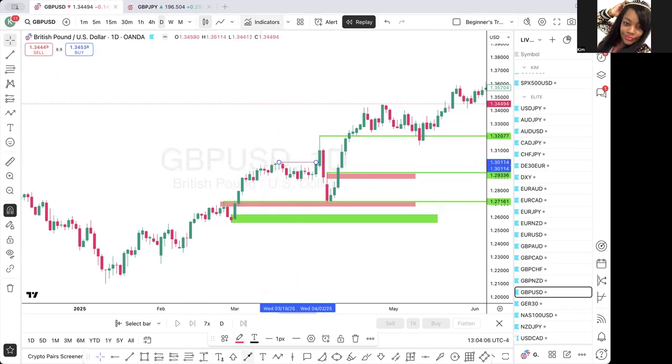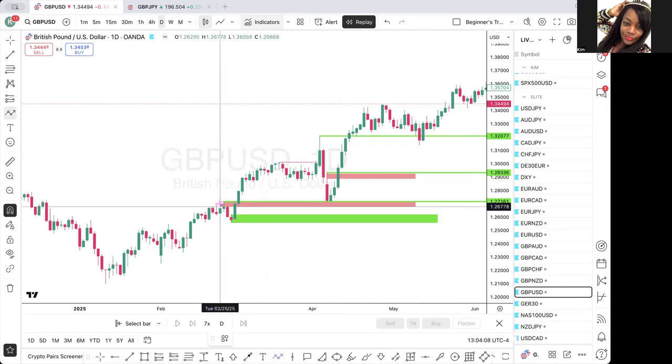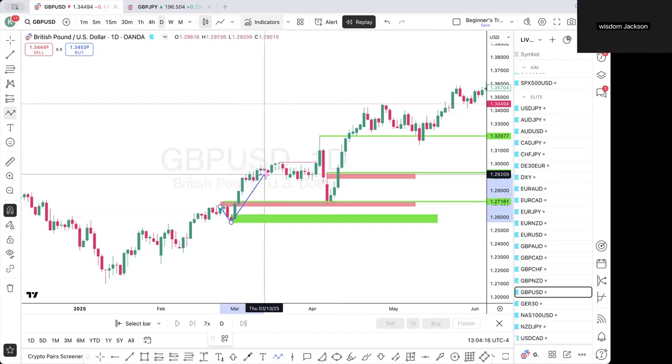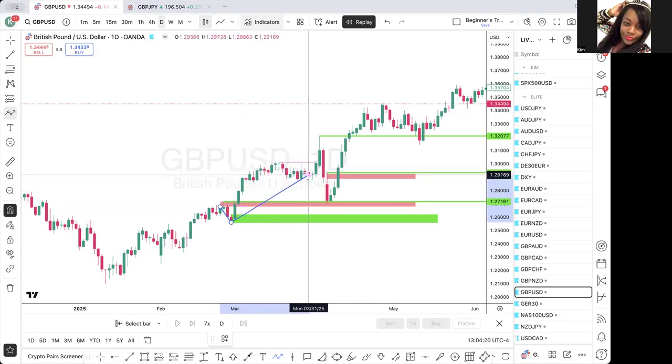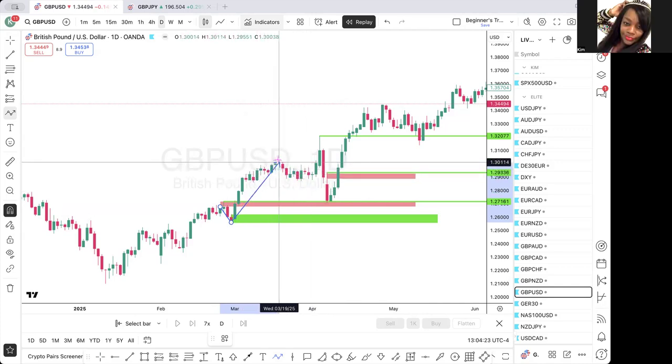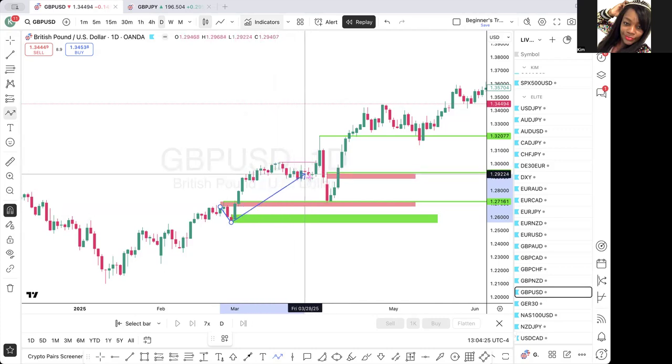But price, you want to look for these impulse moves. You want to look for these impulse moves. And then as you can see right here, this was just a little consolidation. And then you had an impulse move from there, right? So you could have used that. Yeah, you could have, but